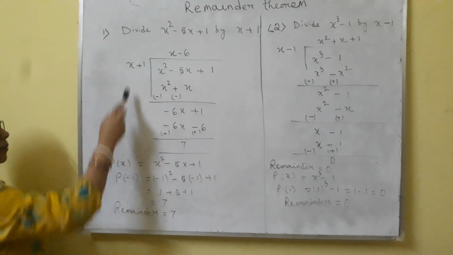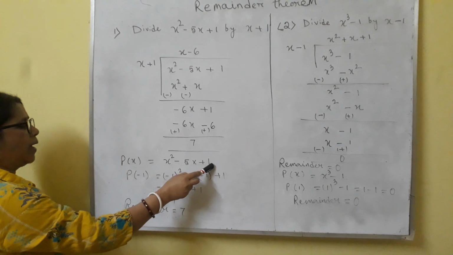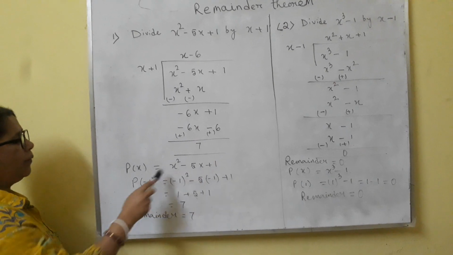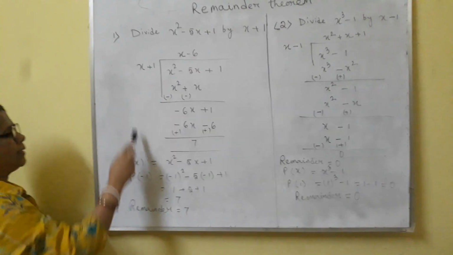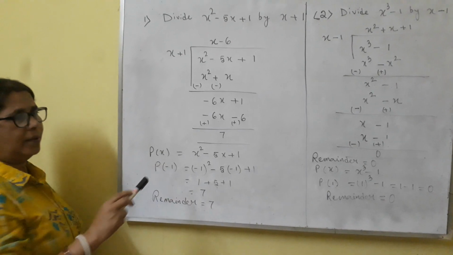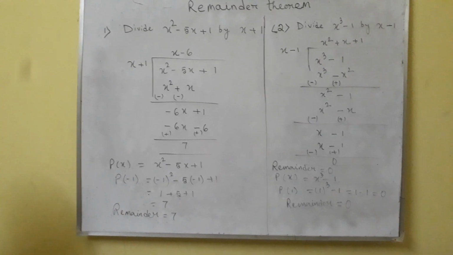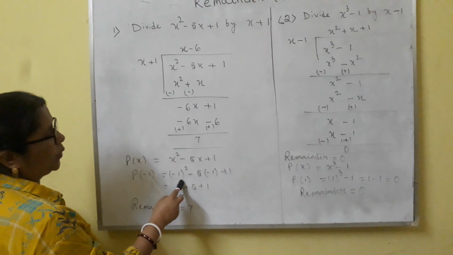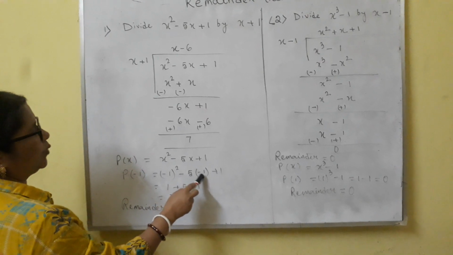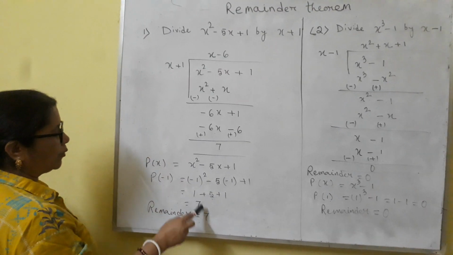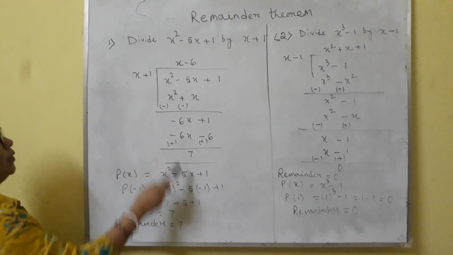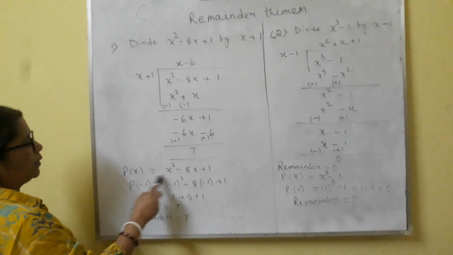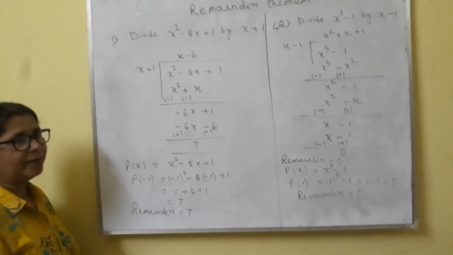Now, the polynomial p(x) is x square minus 5x plus 1. We are dividing this polynomial by x plus 1. So, x plus 1 equals 0 means we can substitute the value of x as minus 1, which you learned in the previous exercise. So we get (minus 1) whole square, minus 5 into minus 1, plus 1, and simplifying that we also get the remainder 7. So by the long division method we got the remainder 7, and by this method also we get the remainder 7.